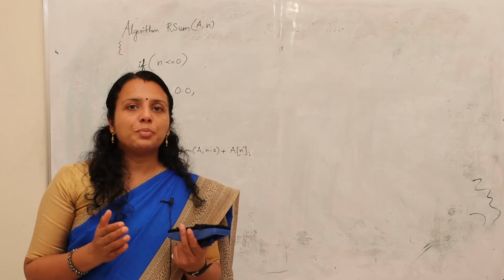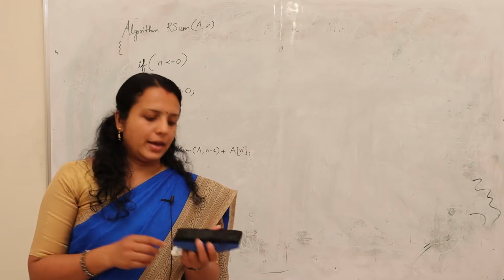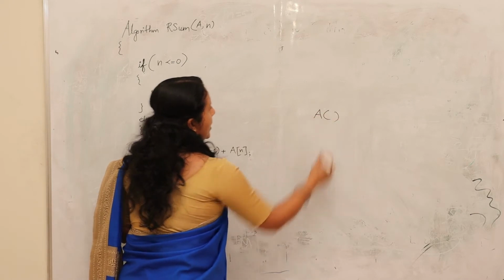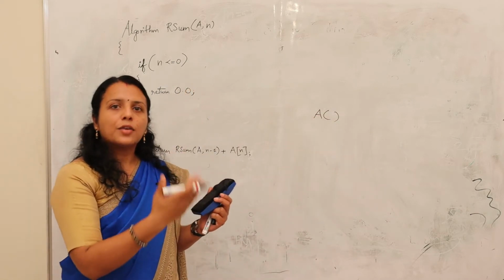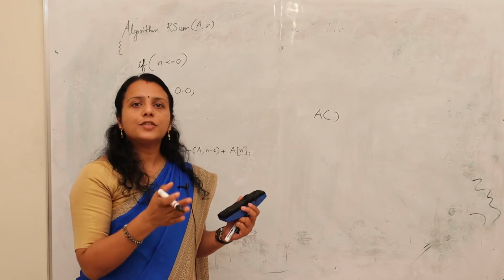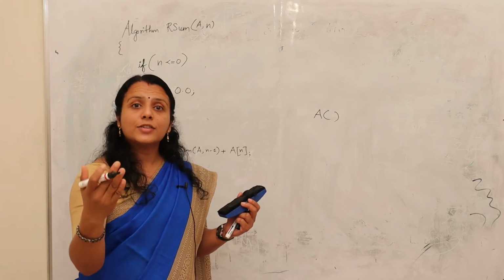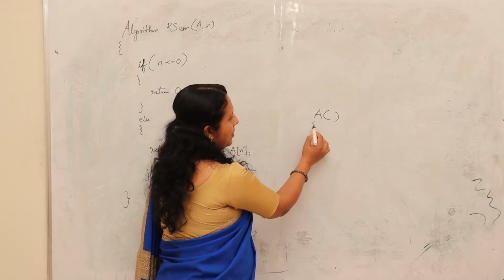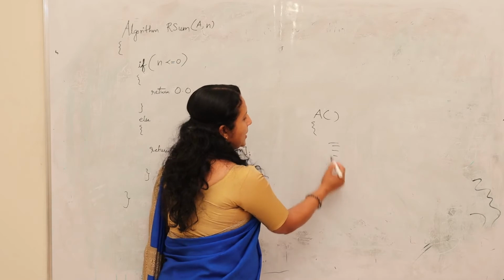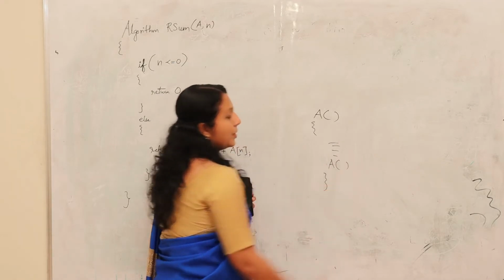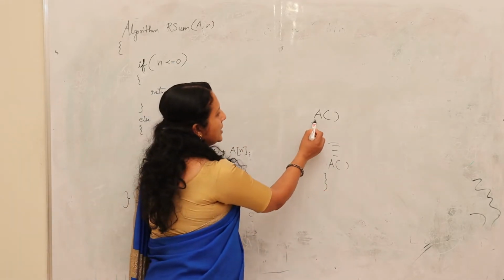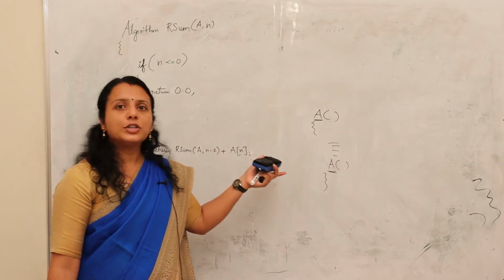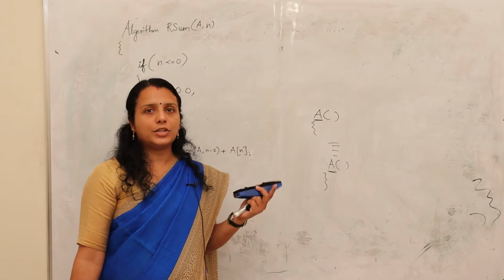Direct recursion means suppose we have a program or function A. If this function A calls itself, we call such a function a direct recursive function. The example is like that. A is the function name, and suppose after some statements this function calls itself. You can see here the same function name is used, A and A. Such type of function calling is known as a direct recursive function.